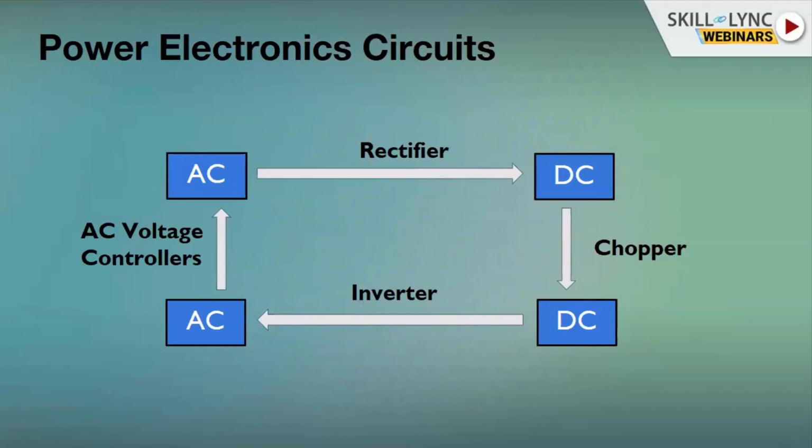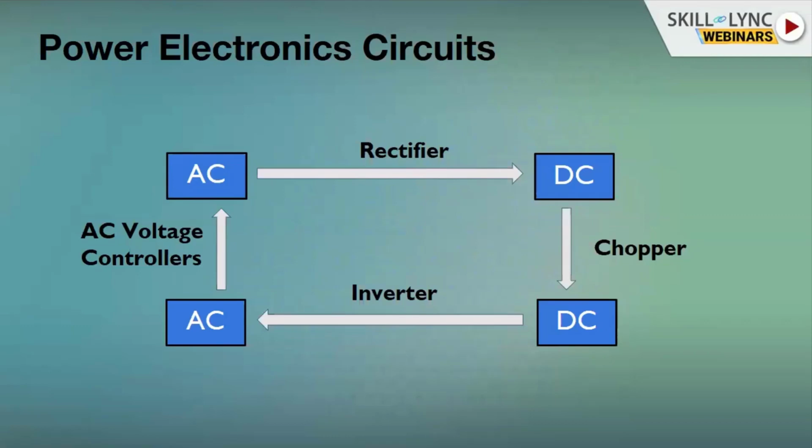I might have some applications where we require DC. Maybe we have a DC motor to be operated from the grid, so the AC available in the residential area or the place where you're using it has to be converted to DC. So we go in for using a box which is called a rectifier. A rectifier is a static unit which will convert AC to DC. That is the first level of classification of a power electronic circuit.